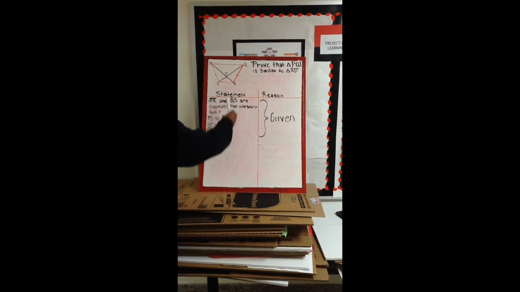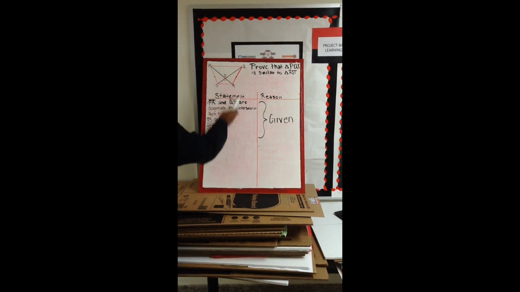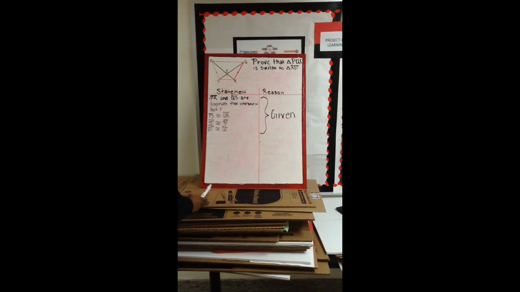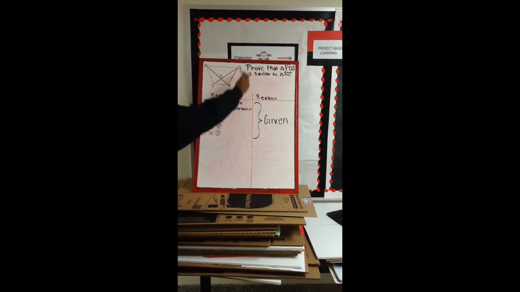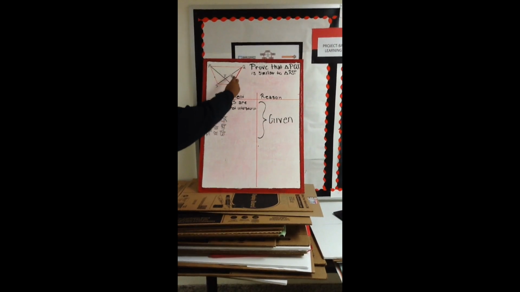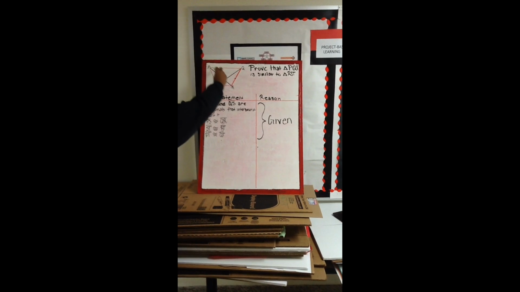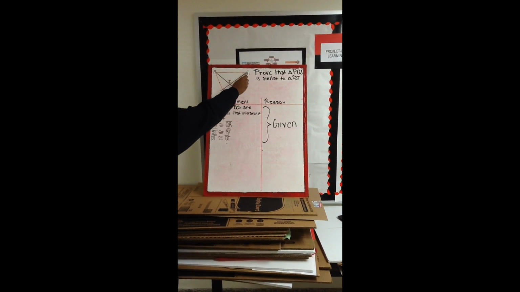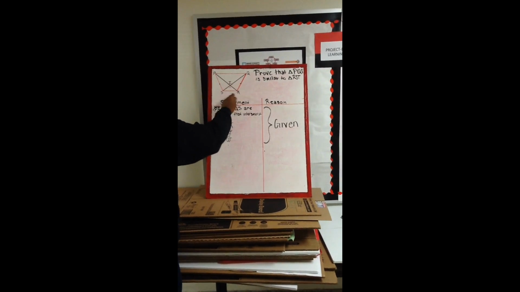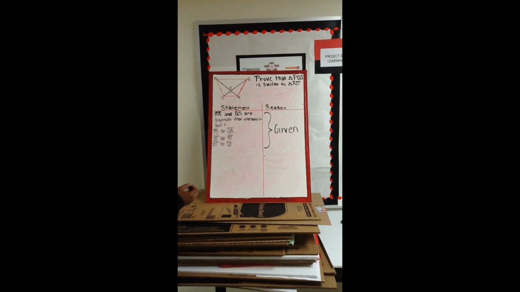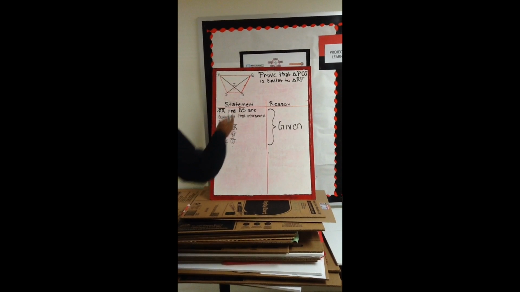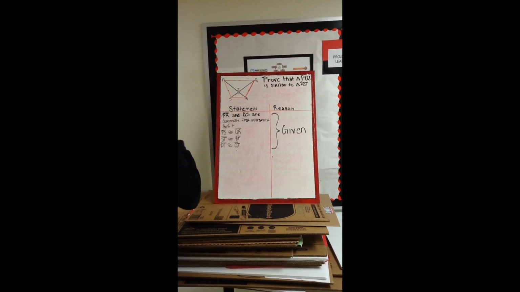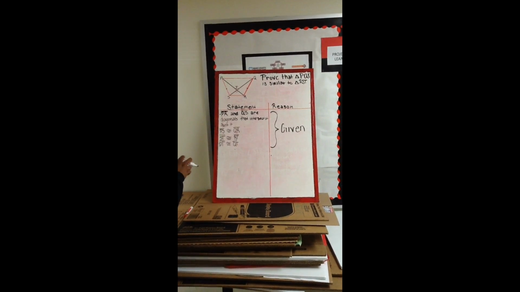Given that lines PR and QS are diagonals that intersect at point T, and that line PS is congruent to QR, line ST is congruent to RT, and line PT is congruent to QT, prove that triangle PQT is congruent to RST. Alright, so first, we know that these two angles are congruent because of the vertical angle theorem, so